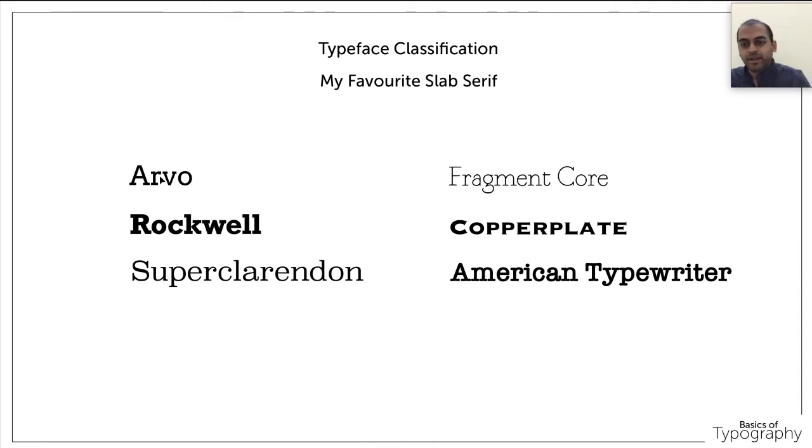For example, Arvo, and also one recent font which I figured out very recently, which I have not added in this slide also. It is called Museo. Arvo and Museo, these are the two slab serif fonts which look really great in body text. As I told you earlier, slab serif font can be used in body text also. So Arvo and Museo have a higher X height. The X height, for example, this height will be a little bit higher. Because of that, it looks really legible when used in body text also.